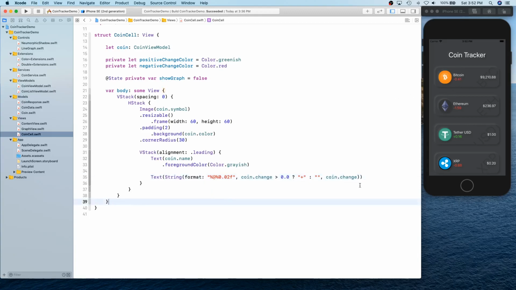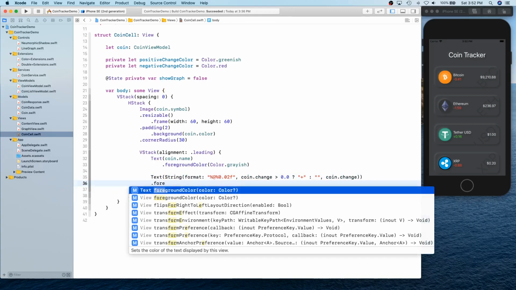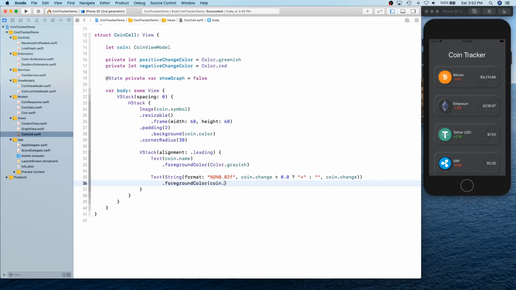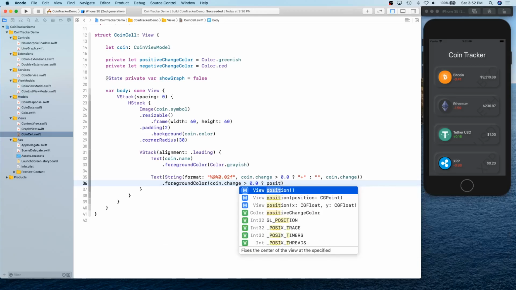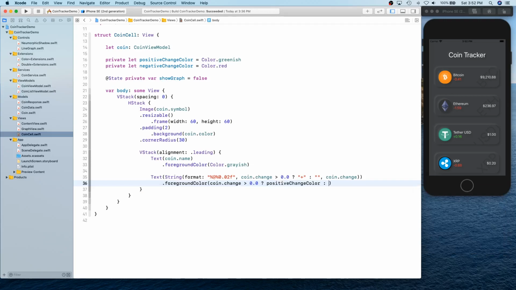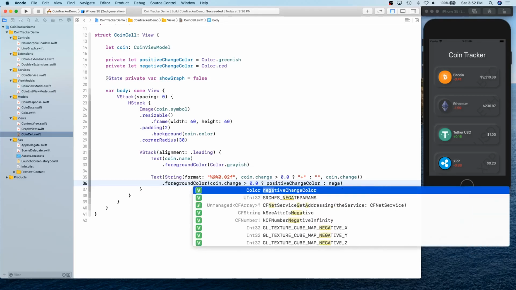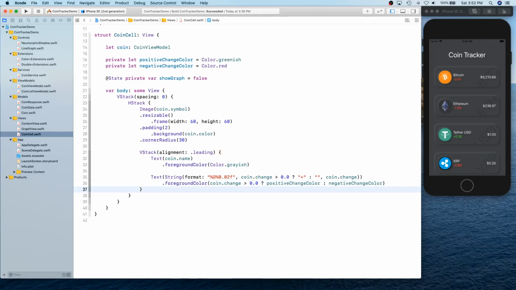Okay, so the name and the change, right? Those 2 values we're going to show, and the foreground color is going to be based on coin.change greater than 0.0. If it's greater than that, then positive color change, otherwise negative color change. Okay, let's put a spacer here, and below the spacer we're going to have a VStack,